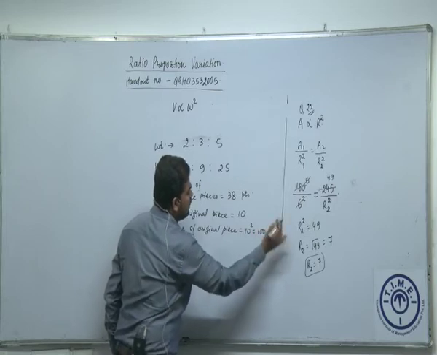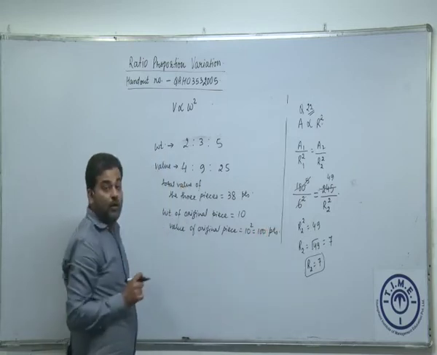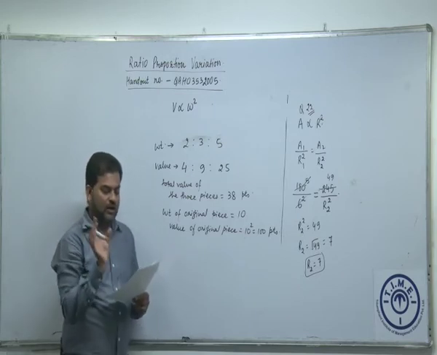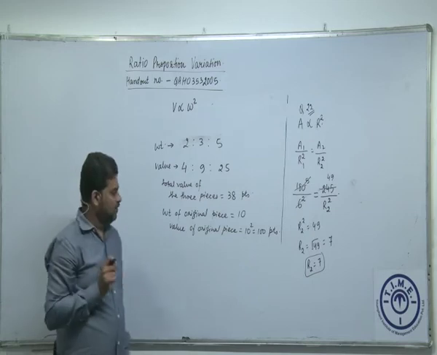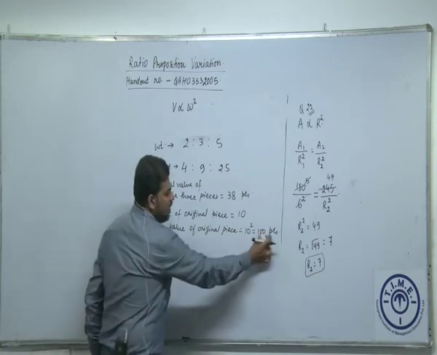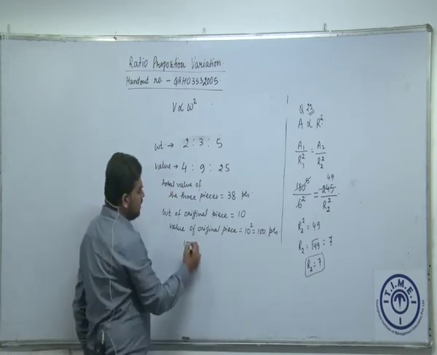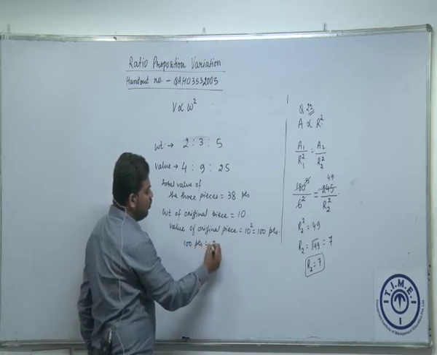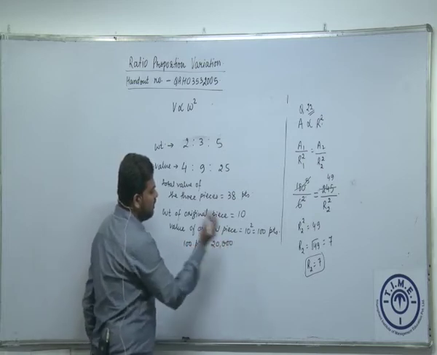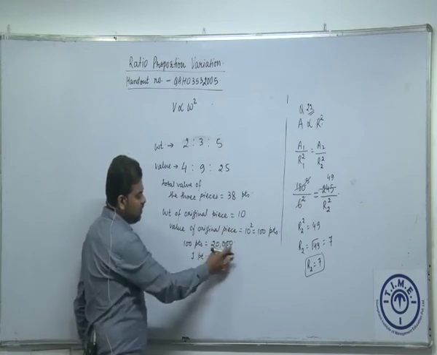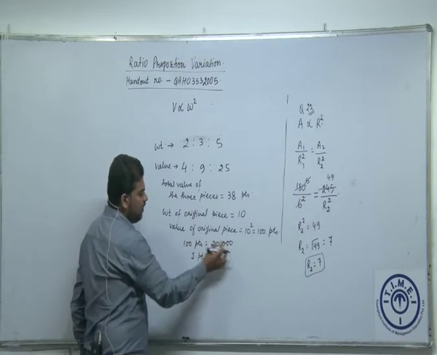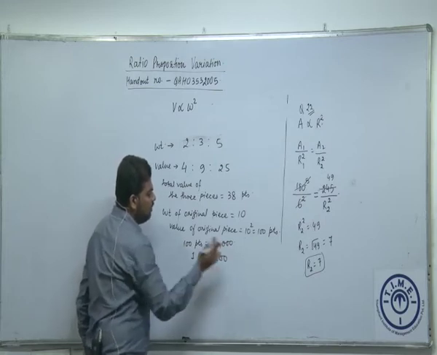So if weight is 10 ratio points, then the value must be equal to 10 square, which is 100 ratio points. What is given in the question? There is a numerical value which is given. It says the value of the original diamond is 20,000. So the value of the original diamond is 100 ratio points. Can I say this 100 ratio points must be equal to 20,000? Yes. So what is the value of 1 ratio point? It will be this divided by 100. So this divided by 100 is 200, right?